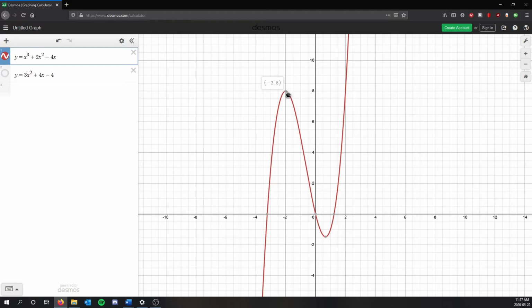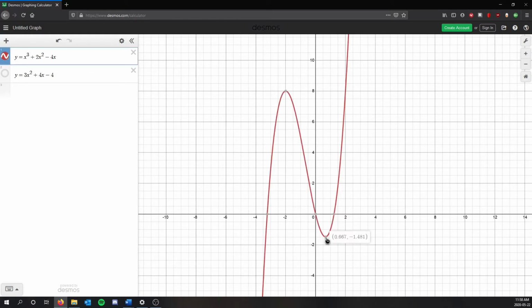Now you will notice that there are also some points on the graph where the function is neither increasing nor decreasing. These are called either local maximums if they're going from increasing to decreasing, or local minimums if they're going from decreasing to increasing. This is so called because if you're going from increasing and then suddenly start decreasing, the last point in which you were increasing is going to be the maximum point before you start plunging into the depths of hell. Meanwhile, it's called a local minimum because if you're plunging yourself into the depths of hell and then suddenly start skyrocketing again, then that is going to be the lowest point you have,